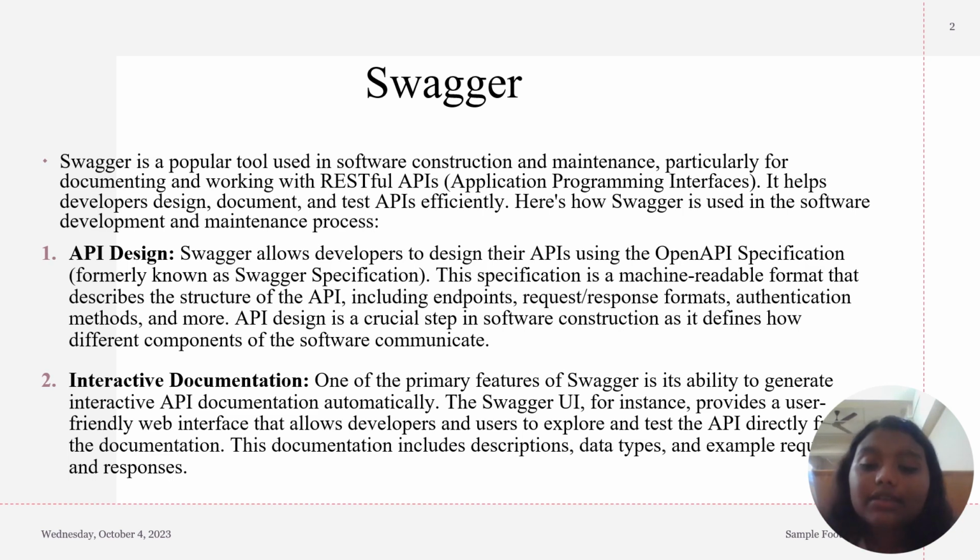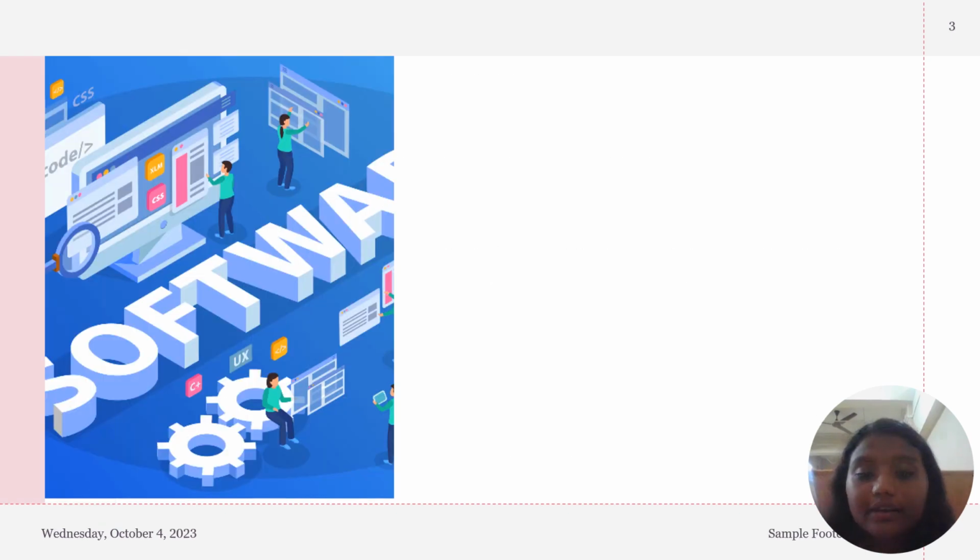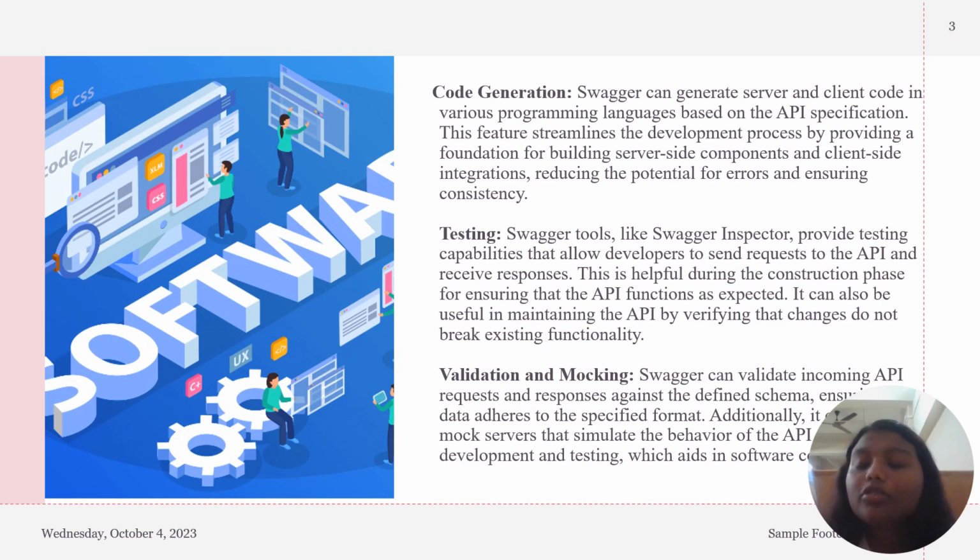software communicate. And the next point is interactive documentation. One of the primary features of Swagger is the ability to generate interactive API documentation automatically. The Swagger UI provides a user-friendly web interface that allows developers and users to explore and test the API design directly in the documentation. The documentation includes the descriptions. And next, there are some others called code generation, testing,